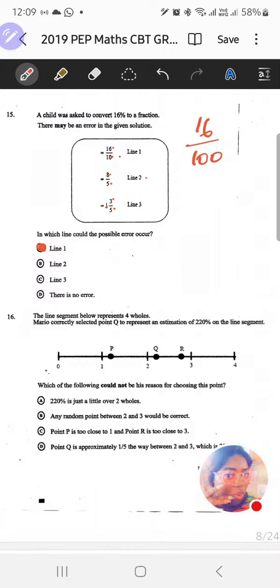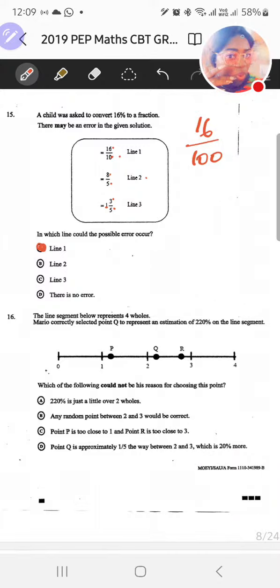All right, great job so far. Take a minute to maybe write this one down. And we're going to move on to number 16. The line